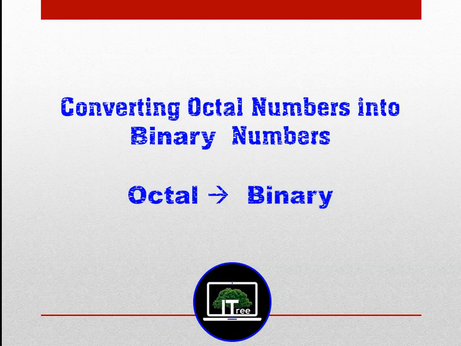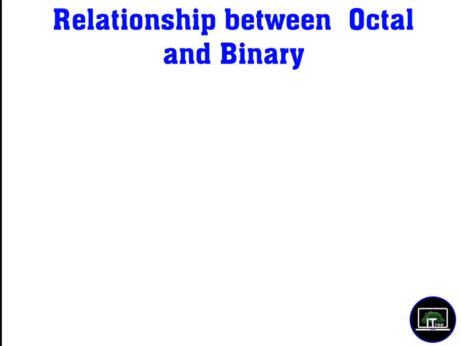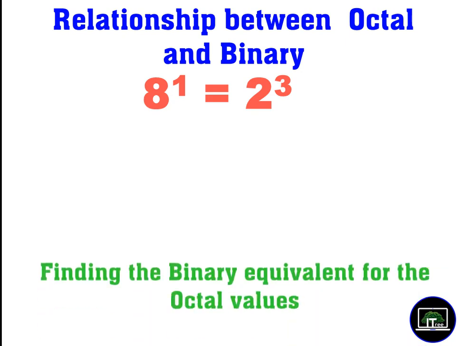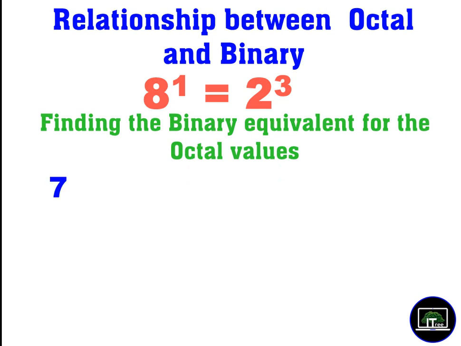Okay, now we continue. We are converting from octal to binary. You may know the method, the relationship. The relationship is 8 to the power 1 equals 2 to the power 3. What that means is, to make one octal digit, you need 3 binary digits. That means when you are converting octal to binary, you always write in 3-digit groups. So we try to find out how to write 7. Again, the simple technique: you write 4 2 1, 4 2 1. Now we create 7 from this. How many 4s do you need? 1. How many 2s? 1. How many 1s? 1. You write something like this.